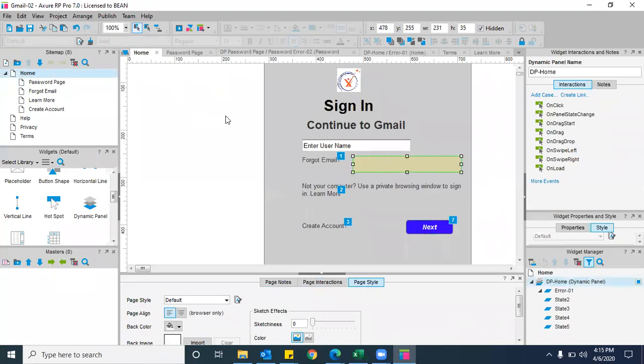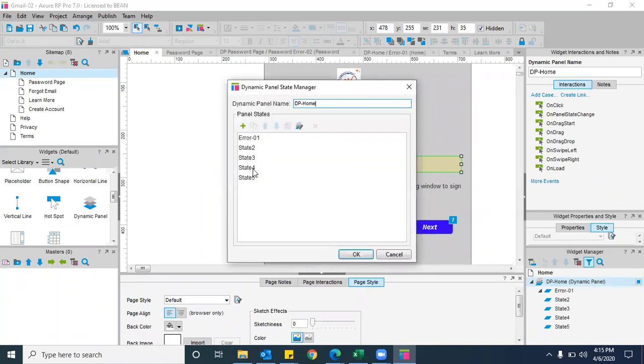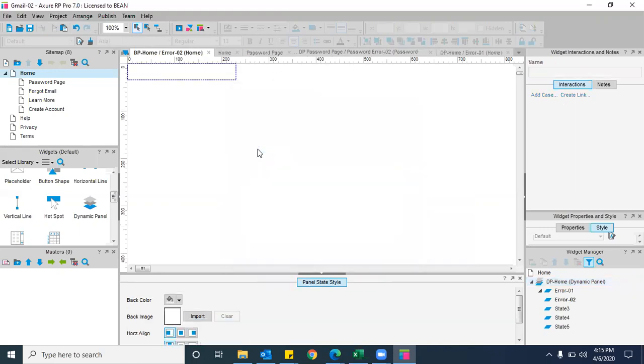If you want to keep multiple states, for example, take another condition for state 2 now. Give another condition. Now rename this as error 2, for our understanding. Now you want to keep another text, right? Again, double click here.